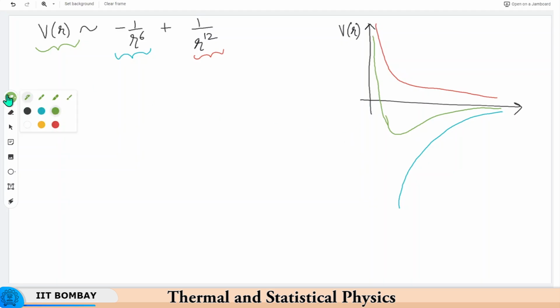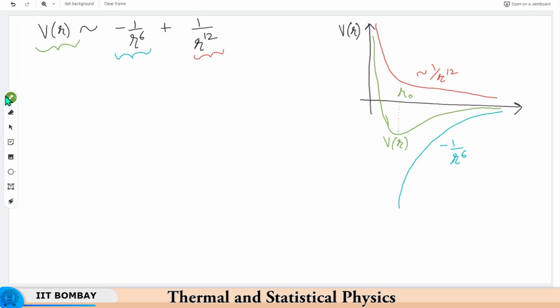So this is 1 by r raised to the power 12. This one is minus 1 by r raised to the power 6. This is the attraction, and this is the total potential, V of r. And you can see that within a certain range, up to a certain distance, say r0,